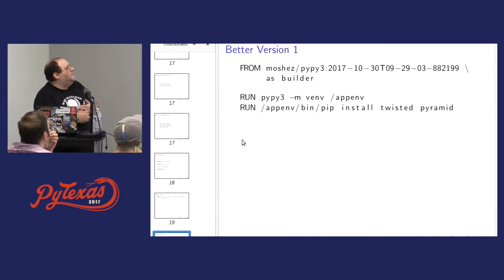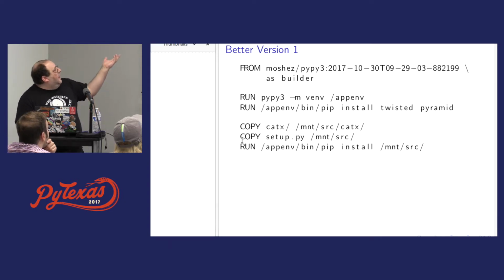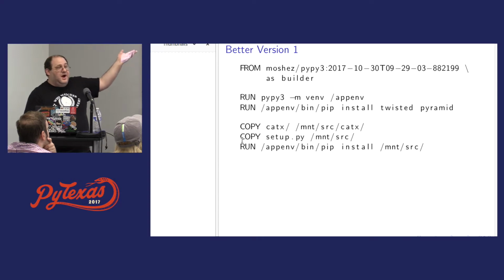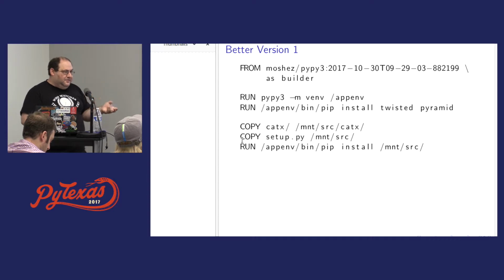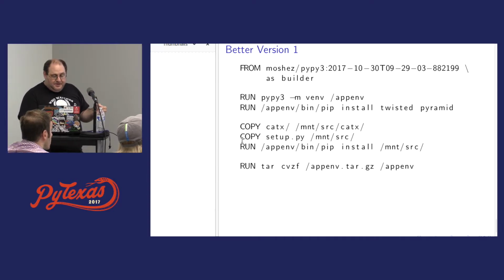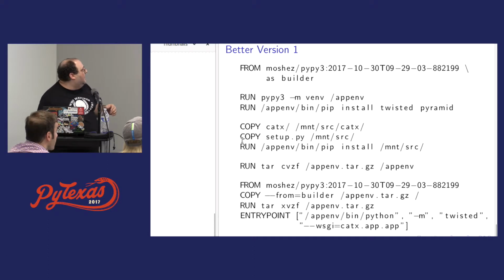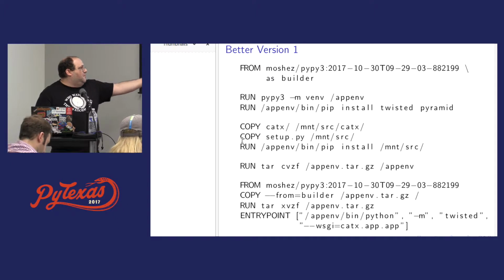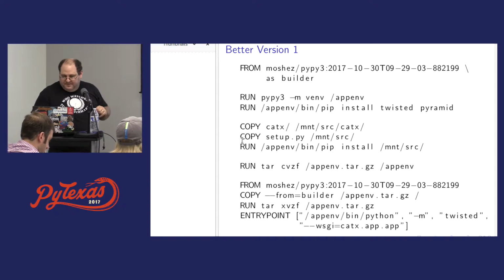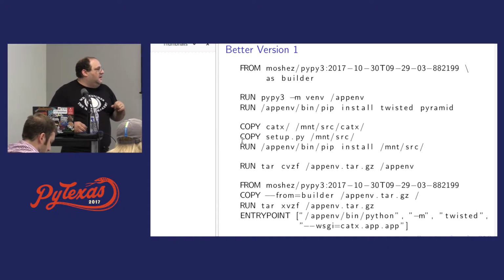Then I create a virtual environment. I install Twisted and Pyramid. Then I copy the code and the setup.py. So I actually install it as a Python package into that virtual environment. So I don't have to futz around with any Python paths. Then I tarball it all up, and that's going to be the thing I'm copying. Well, and then, it actually fits better now than in my tests. So I copy --from=builder the tarball to slash, and then I unpack it, and then I set my entry